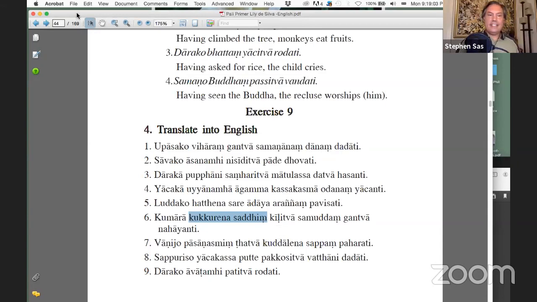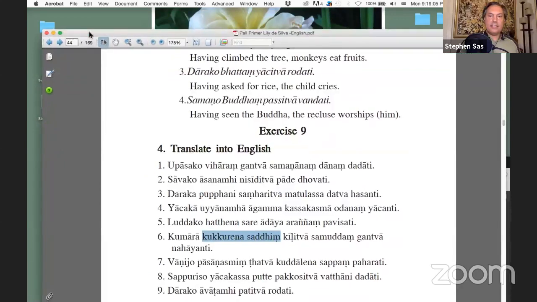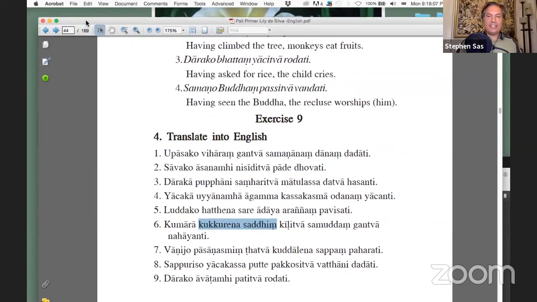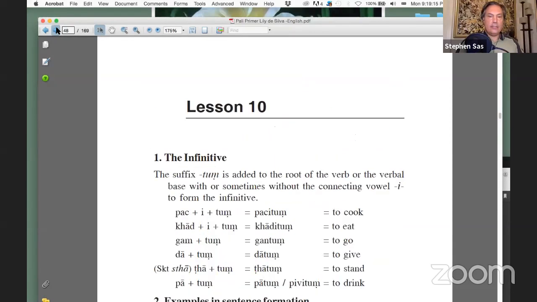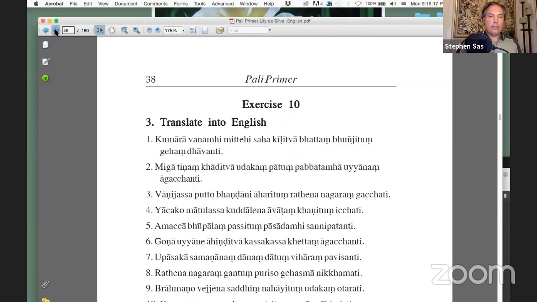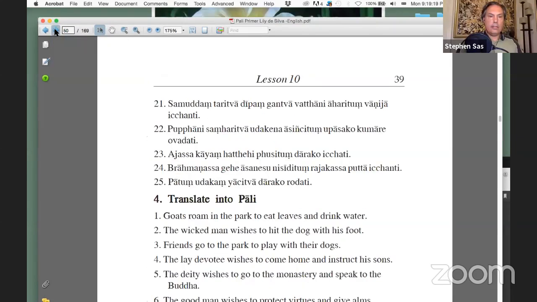Excuse me, Stephen. Yes. Just 3 quick questions. Okay, just 3. Go ahead. Well, maybe not. So lesson 10, question 21, someone asked for how that was to be translated. And I typed in what is in the key because I couldn't trust what I had. Okay, let me take a look.